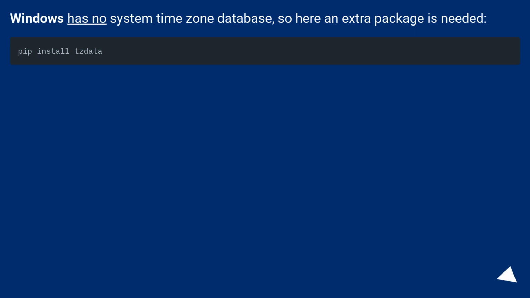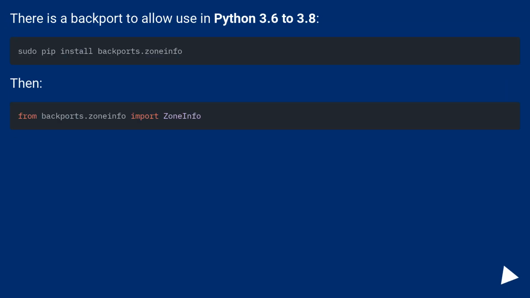Windows has no system time zone database, so here an extra package is needed. There is a backport to allow use in Python 3.6 to 3.8. Then,